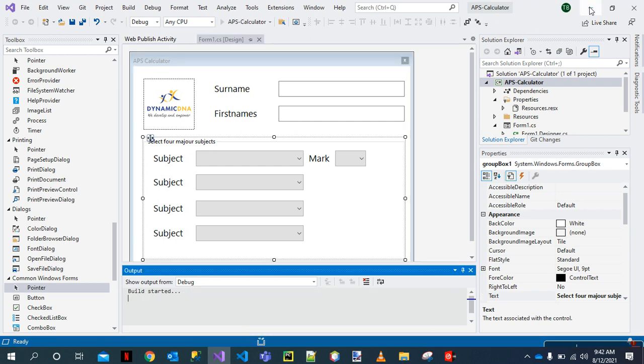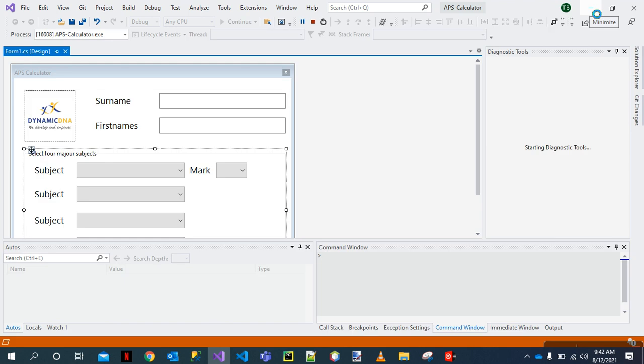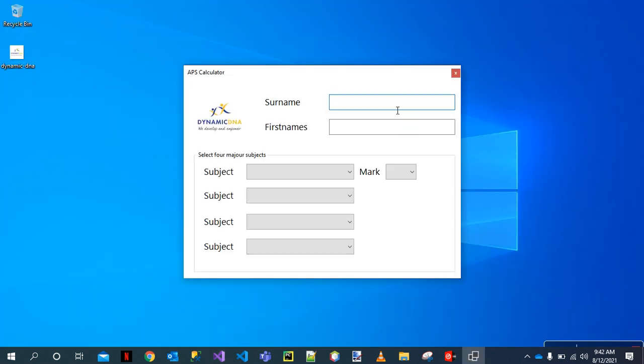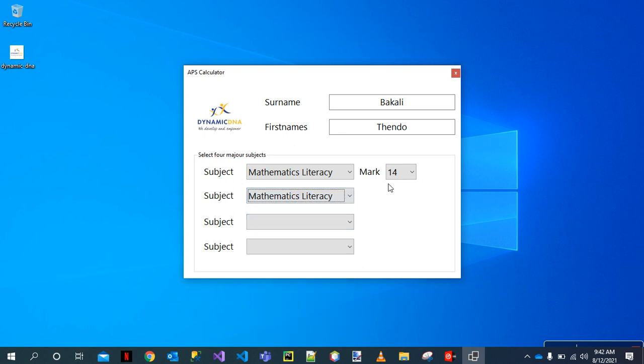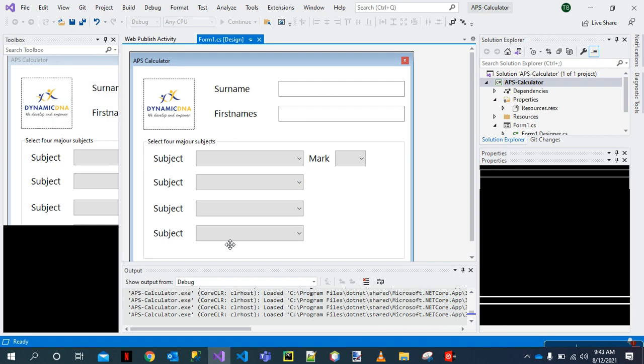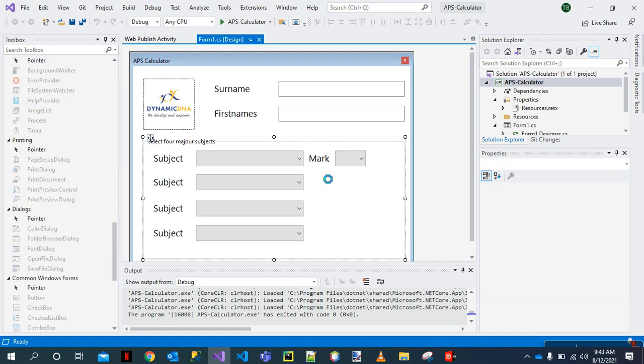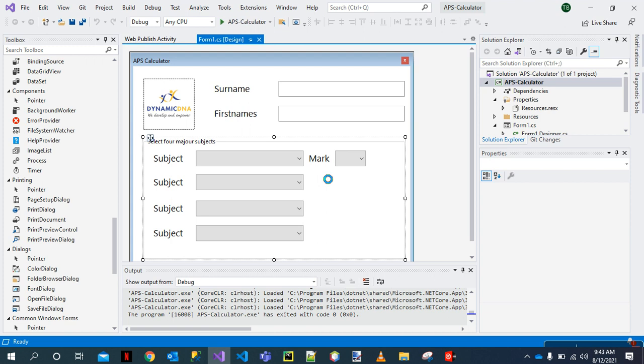So again, before I duplicate, let me show you the results of what we're doing. Give your details, select a subject, mathematical literacy, come here and select how much you got. Capish? Say I got 14%, and then you go select the other one. Obviously on this side there will be other marks that are appearing. Okay, so with that out of the way,